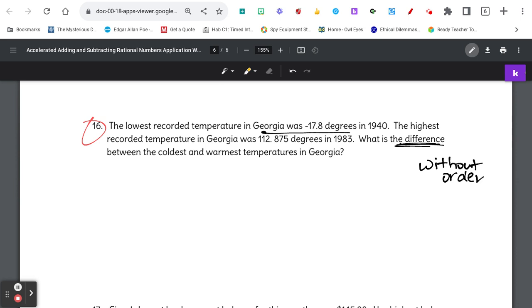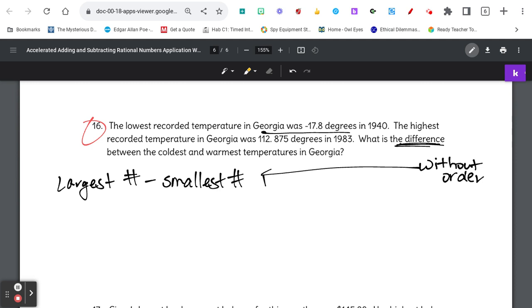So I'm simply going to subtract, starting with the largest number minus the smallest number. Now, if it was difference with order, which it is not, I would have to start from the number at the end and subtract the number from the beginning, okay? But if it's with order, you're going to see from or to in the statement. All right, but this doesn't contain that. The largest number is 112.875